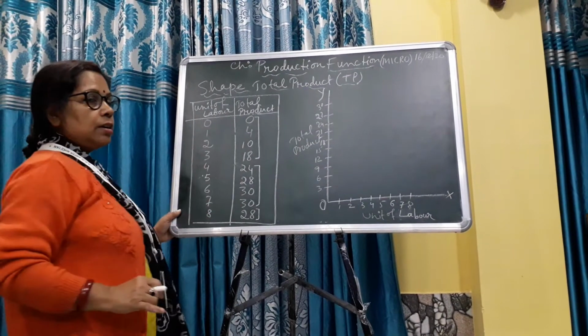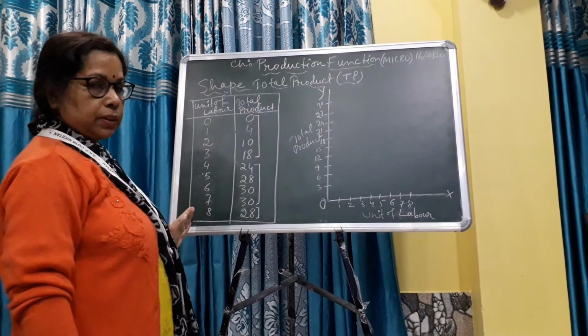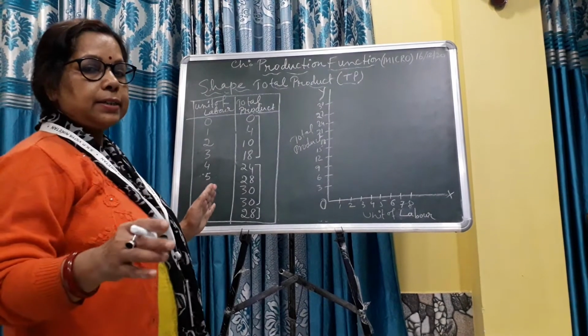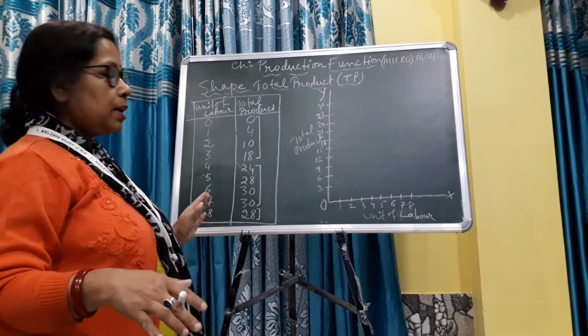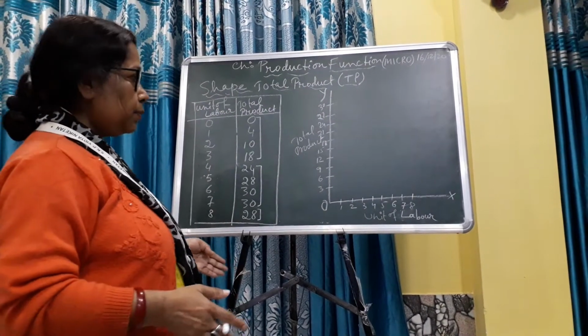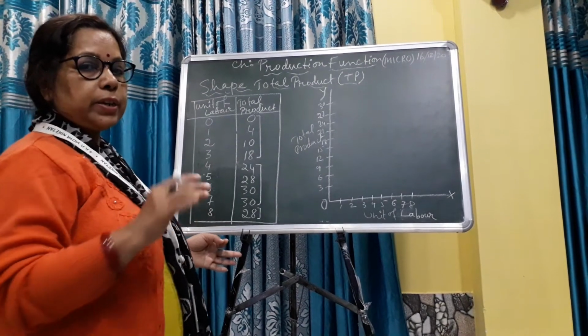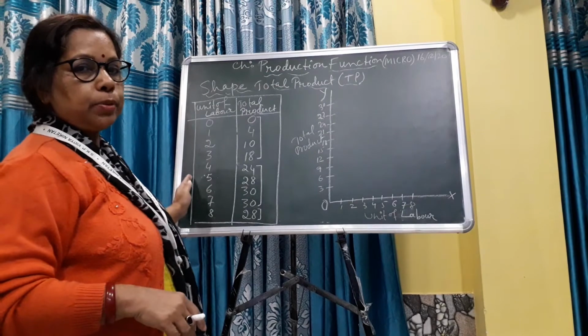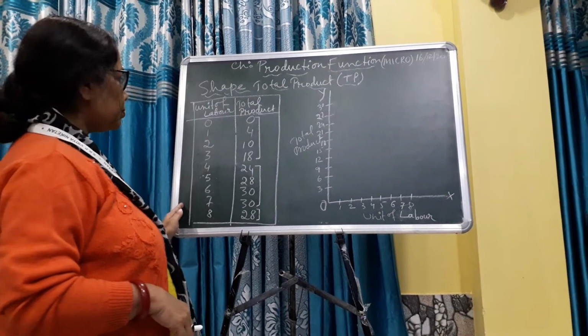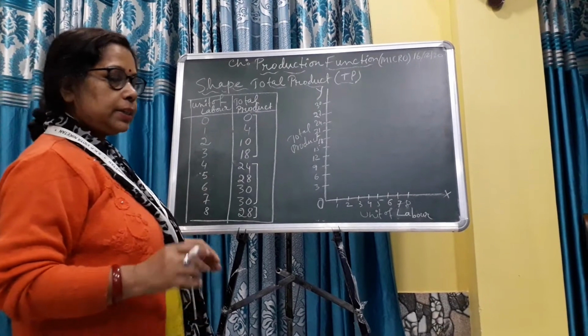So here is the total production structure with labor given, and land is a fixed factor. That's why I am not writing a land column here, because we assume 1 acre of land, so land is fixed, and the only variable factor here is labor. So from this schedule I am going to draw the diagram.